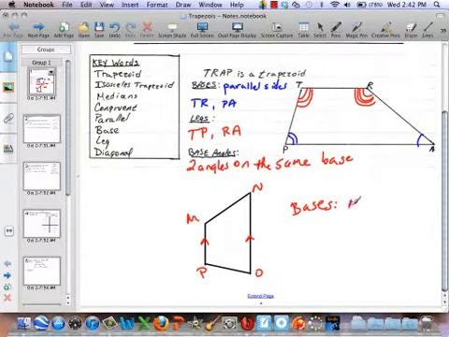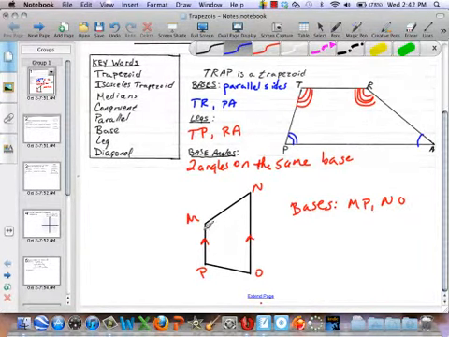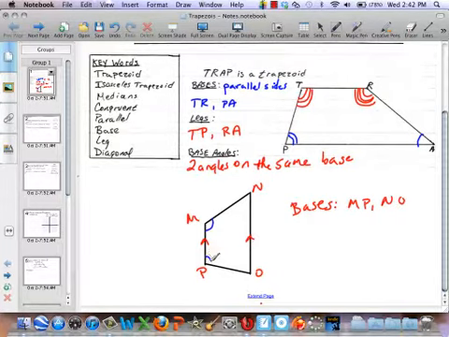I'm going to skip this problem and go back to here. I want to keep practicing this a little more. Good job. Guys, find MN if WZ is 11 and XY is 3. So what is MN? Median. How do you find the length of the median? Add the two bases together and divide by 2. So MN